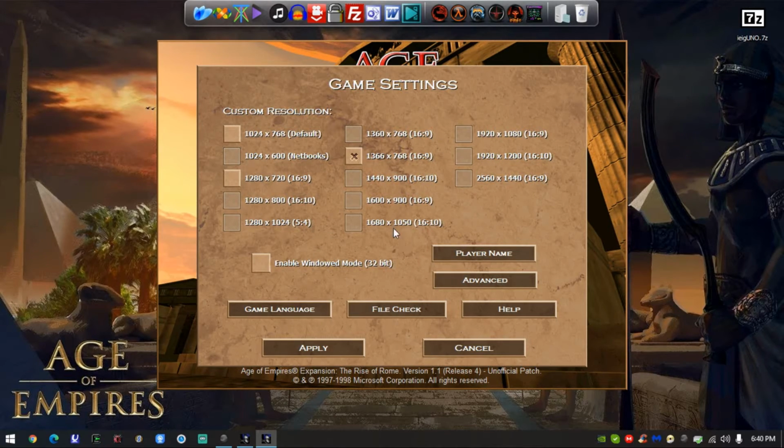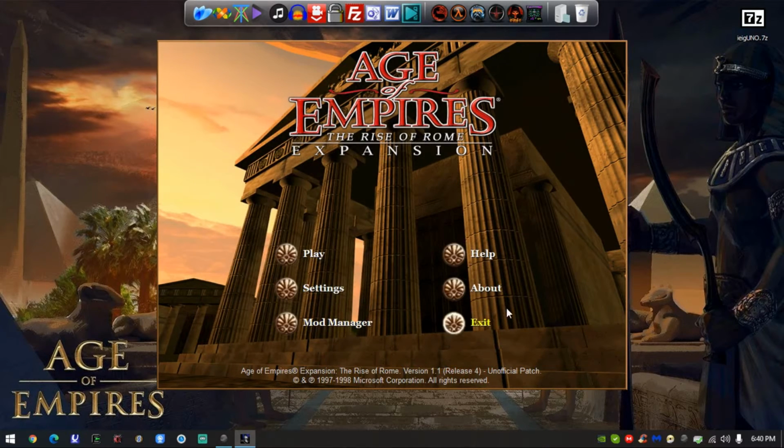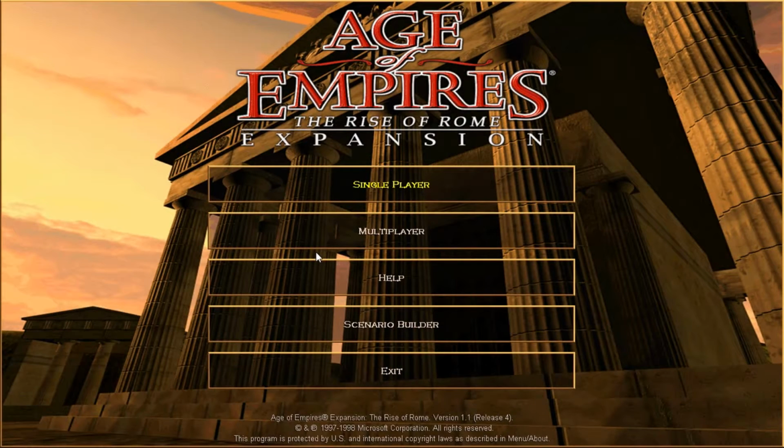So you will be able to change whatever resolution you need. Also your player name, stuff like that. So just put in your settings, go to play, and you're pretty much ready to go. The game should work in